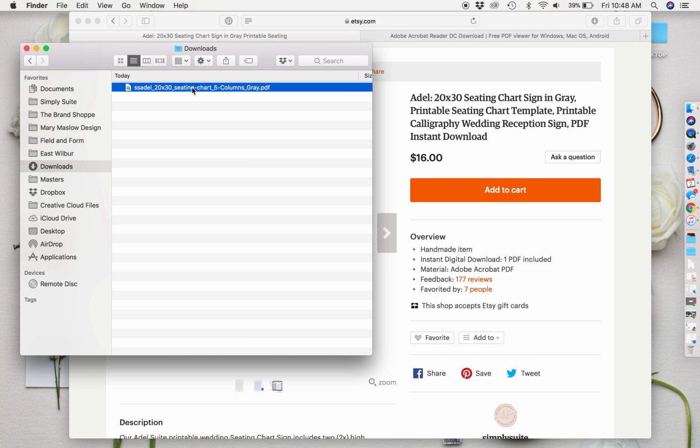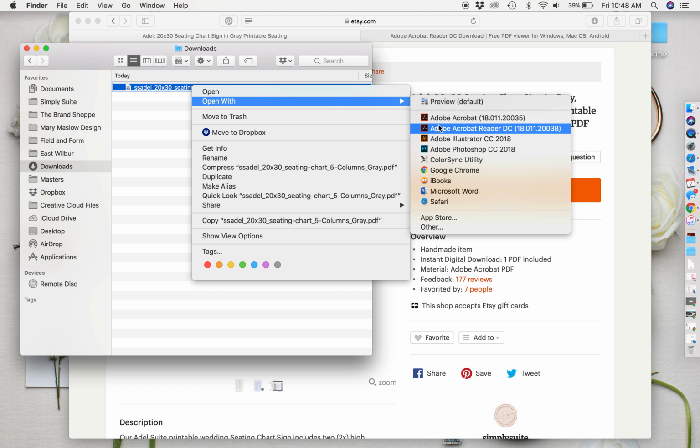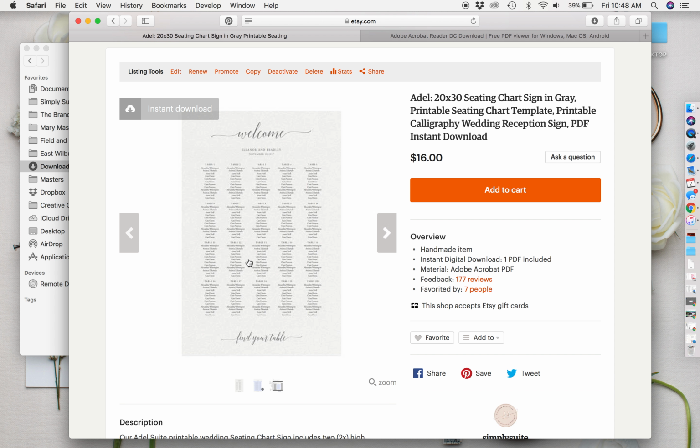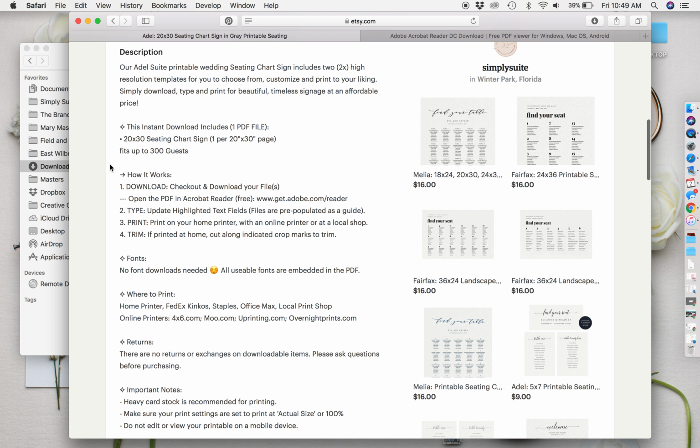To edit the file, I'm going to right-click and open with Adobe Acrobat Reader DC. Please make sure you are using the most recent version of Adobe Acrobat Reader DC. If you do not have the most recent version, please navigate back to the listing that you purchased, and under the How It Works section, copy the URL